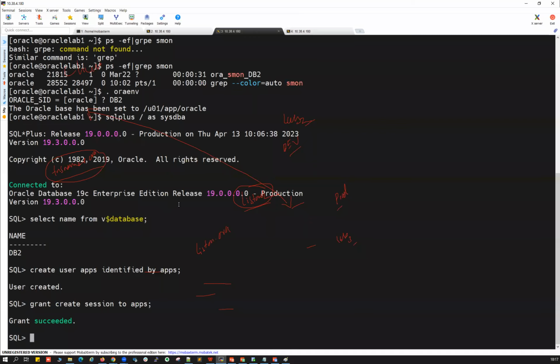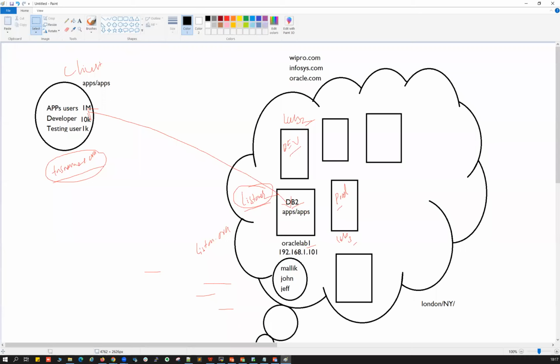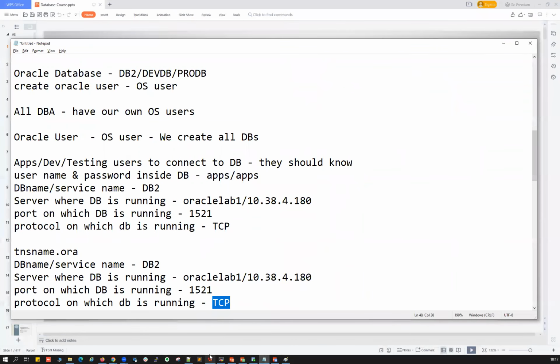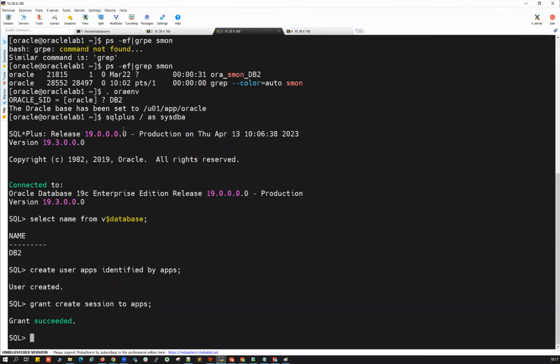On the server side, I'm on the server side. Let me clear this. Now, right now I am at the server side.